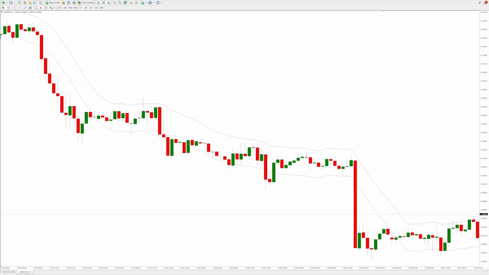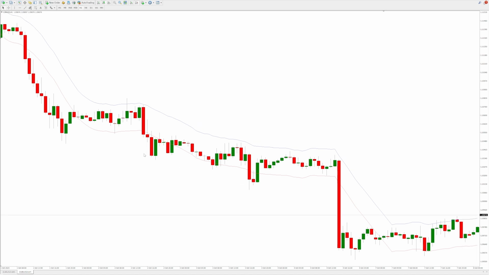Hello traders, in this video we are going to be taking a look at the envelopes indicator. This is a free indicator that you can find on most trading platforms. It basically consists of an upper envelope and a lower envelope,